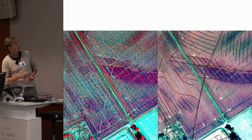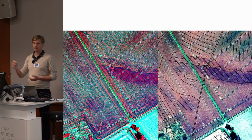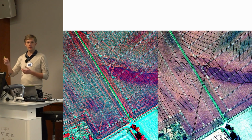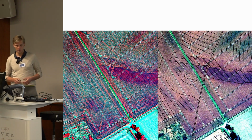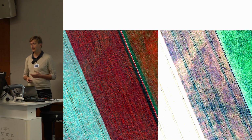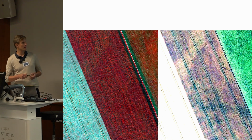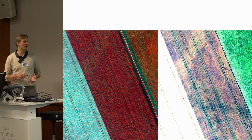But over here, you'll also see a feature like here, which is not natural either. It's also a data artifact coming from a single strip of data being slightly higher. It's a matter of a few millimeters higher than what we have in the background, creating these additional lines which are not visible on the AP. And finally, my last example, it's 3D data. And in the 3D data, in the height data, you will also have different kinds of noise. And this wavy pattern is actually wind blowing through the fields of Scotland, which you cannot, of course, see